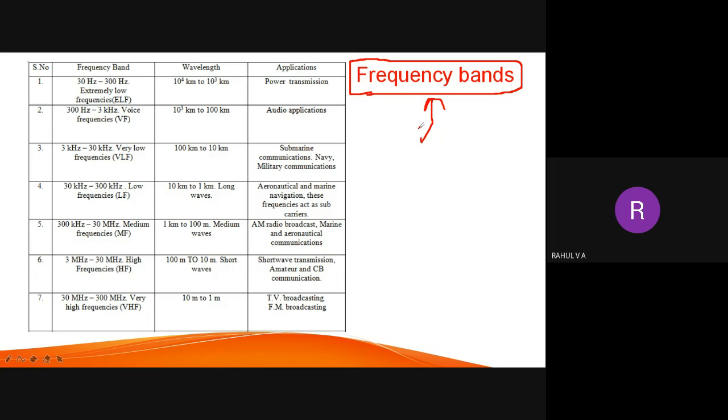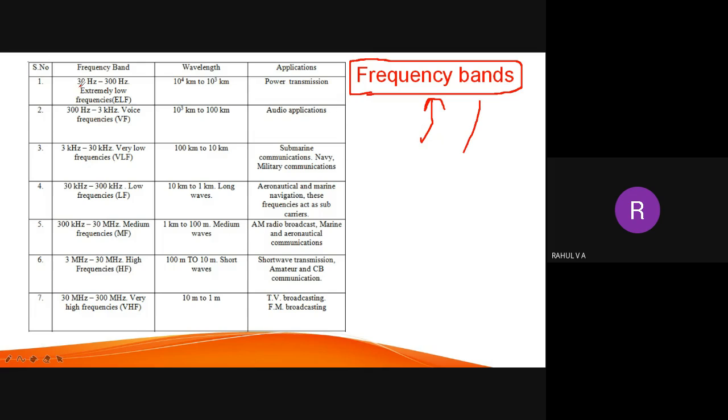Earlier we said that in the case of FM, FM uses frequency between 88.1 megahertz and 108.1 megahertz. So that frequency range is applicable only for FM. We should not use it for AM, or for walkie-talkie, or for satellite communication, or any other purpose. Okay, so frequency bands are there. Band means a range of frequency.